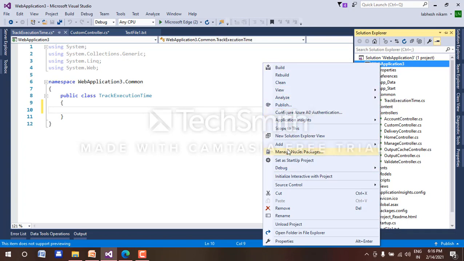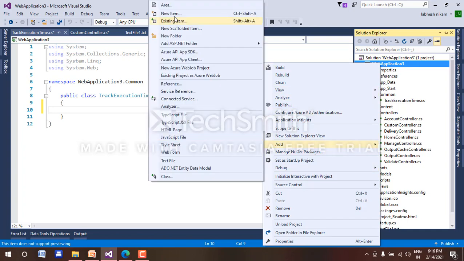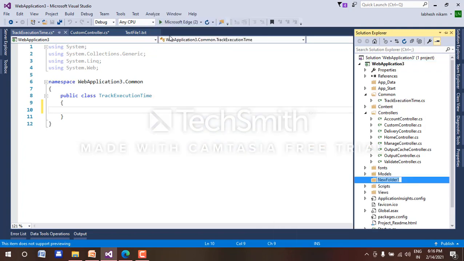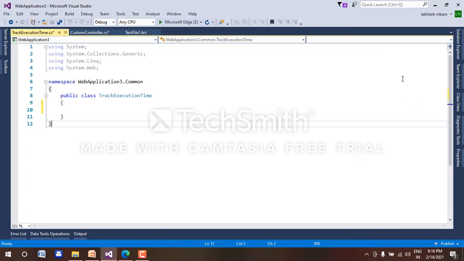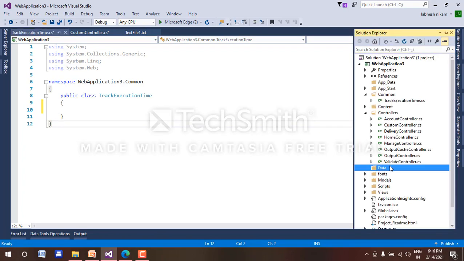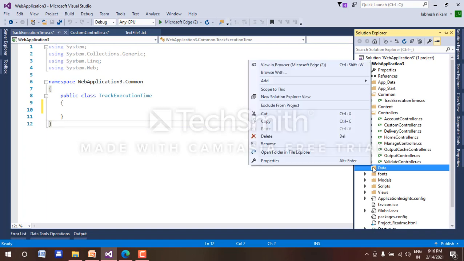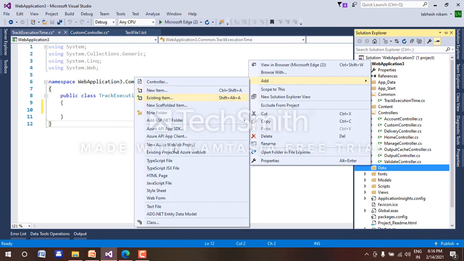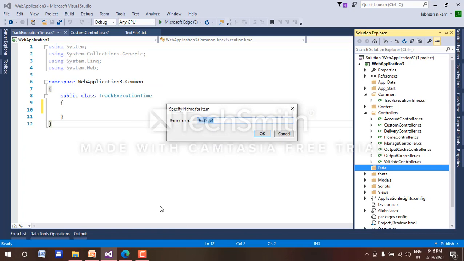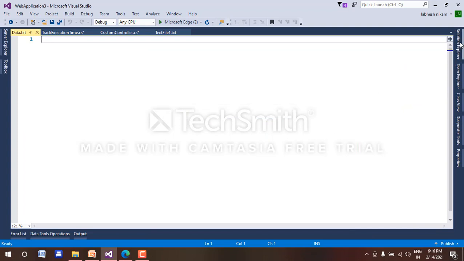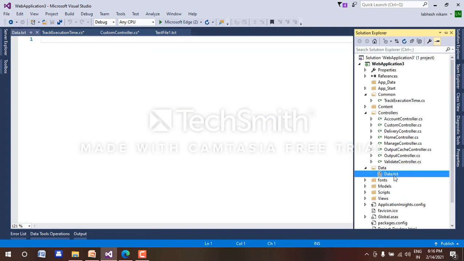Suppose this new folder name is data, and inside of that I will create one text file and give it the name data.txt. The log error file will be generated here in this data.txt.